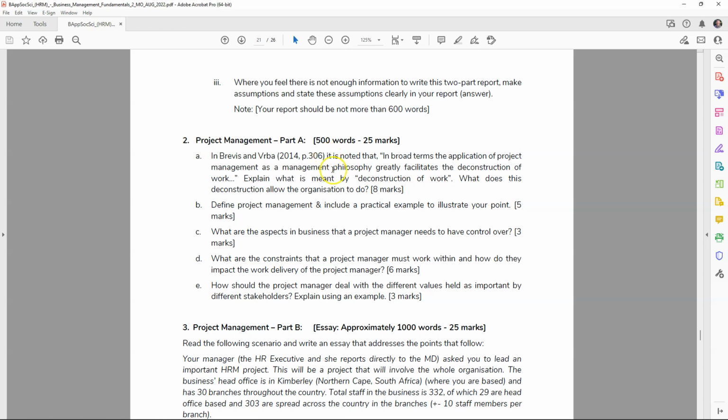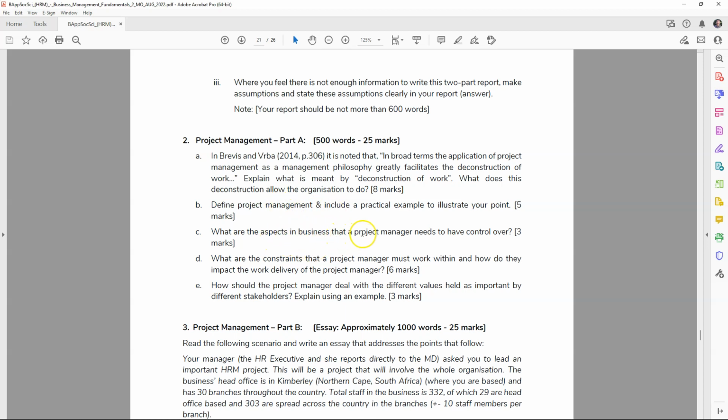In the past, I've had students who have gone to some obscure website and tried to explain what this deconstruction of work is, and then kind of lost the plot a little bit. So, define project management. In the voice thread, I mentioned the Project Management Institute, where you can perhaps see if you can find their definition, but the textbook, I think, has a definition there.